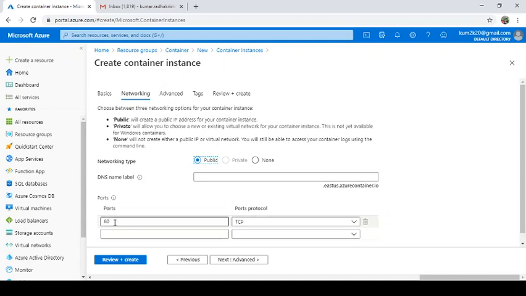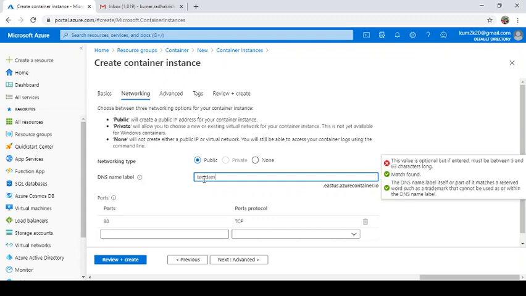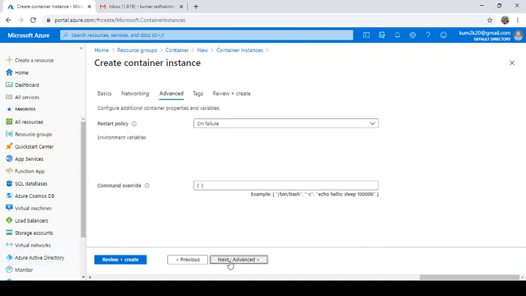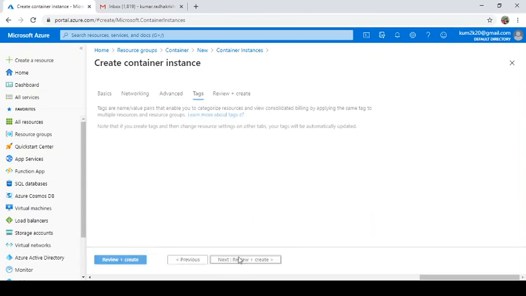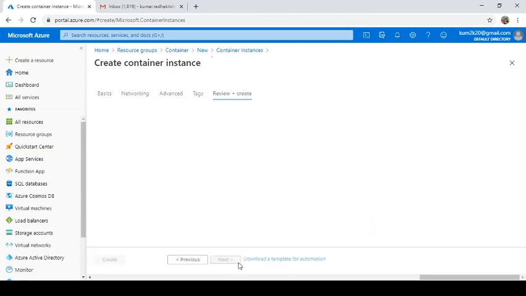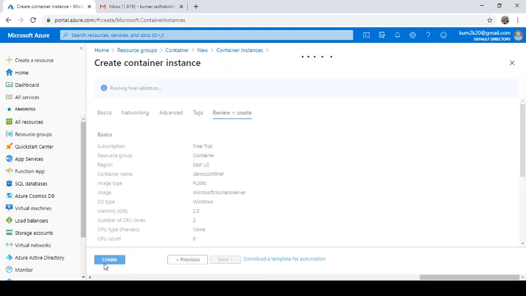In networking, port 80 is exposed by default. If you want to change it, you can. I'm going to show you how to publish this IP to expose it on a public site, so I'll keep the default. If you want, you can put in a name as well, and if you have your own domain, you can put something like test demo 2. You can access this web application using your domain name as well as the public IP. Then go to next. There is no extra configuration for that, and the tags, keep everything as it is. Then simply create.